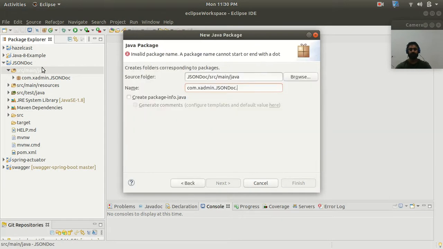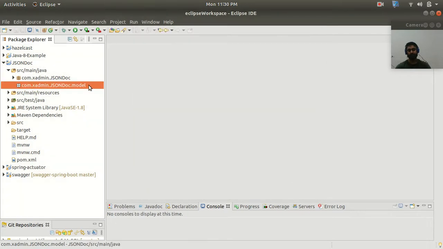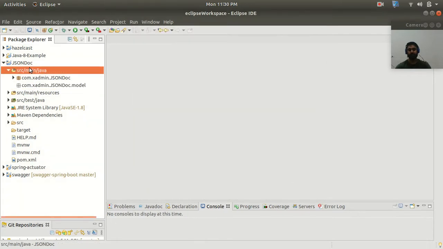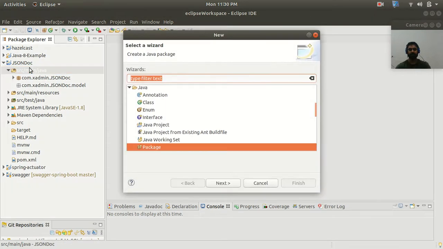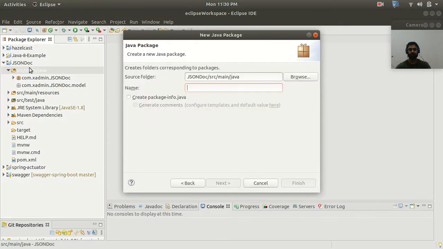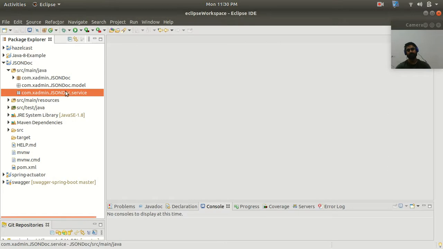The first package I will create as model, to create my model class. Let's create another package, the package for the service. Here I am going to create my service class inside the service package.